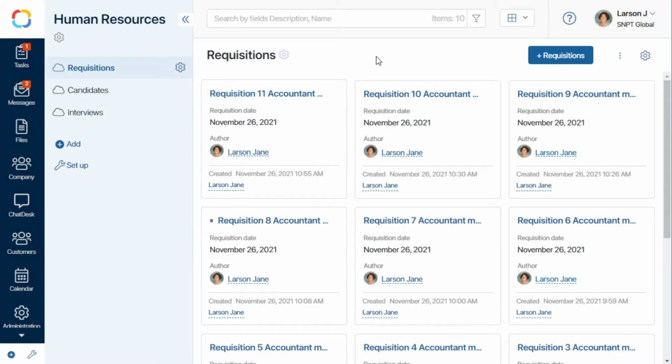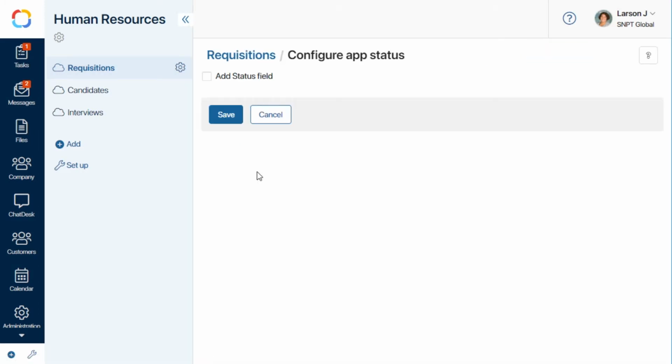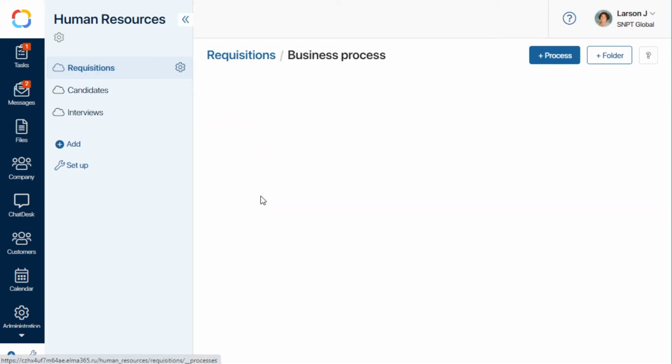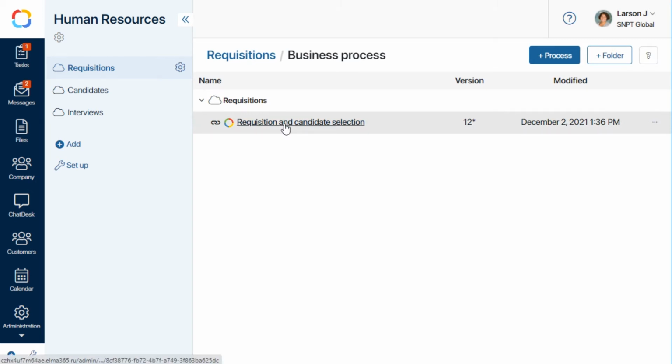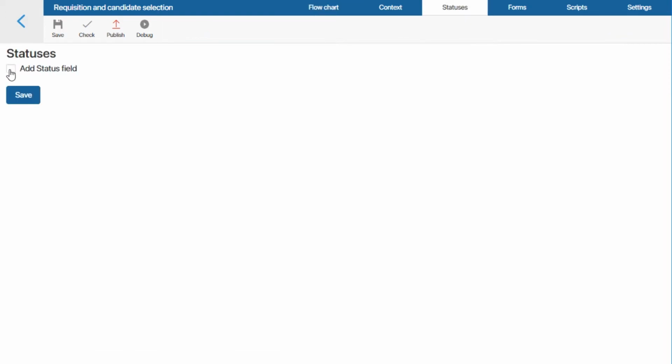There are two ways to configure them. You can go to the App menu and click Status Field, or go to the Status tab in the Process Designer. This option is only available if there is at least one process configured for the app. Let's add the following statuses: